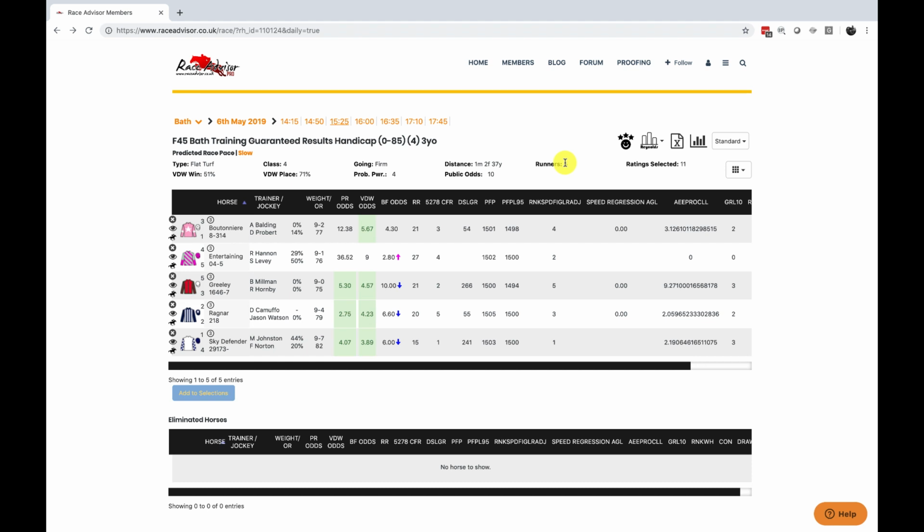After this, we come to some of the features of our software. This particular race card has ratings selected 11. That means that we have selected 11 ratings on the race card. VDW win is 51%. This means that the Van der Waal ratings win historically on this race 51% of the time, and the Van der Waal ratings will historically place on this race 71% of the time. So this gives you an indication of how worthwhile it may be to use the Van der Waal odds and